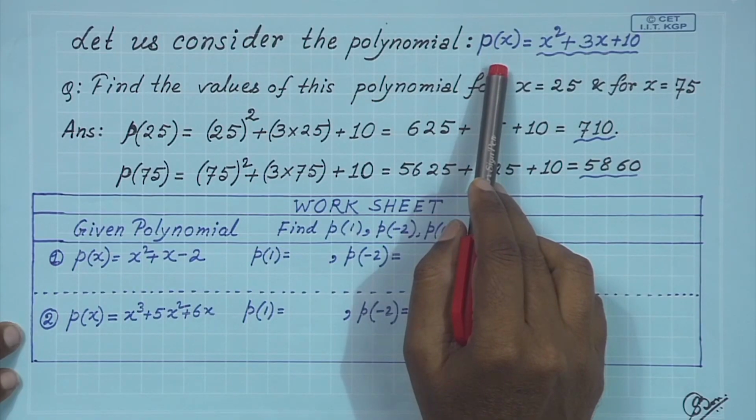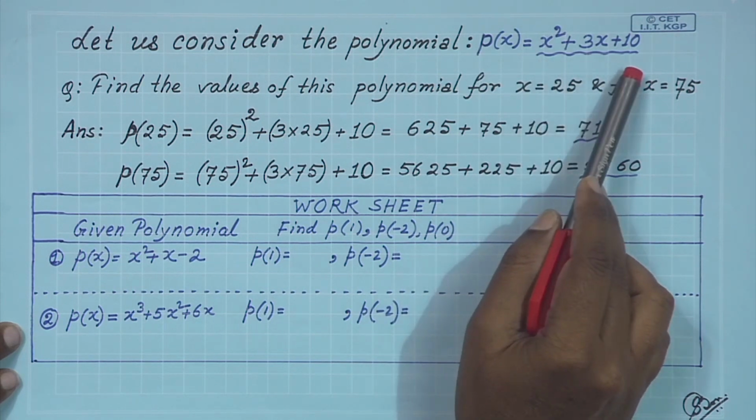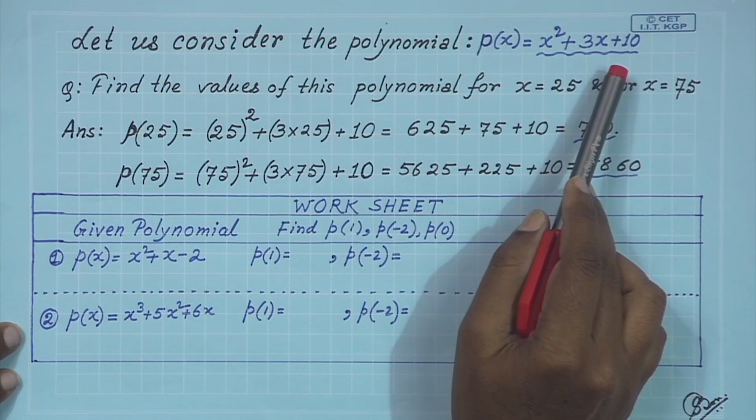Thank you, sir. Okay. Now we are considering a very simple polynomial. Namely, look at the screen. I am considering a very simple polynomial p(x) = x² + 3x + 10. Now, if we put different values of x, then we will be getting different values of p(x),